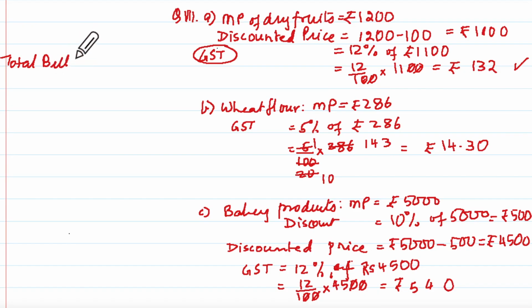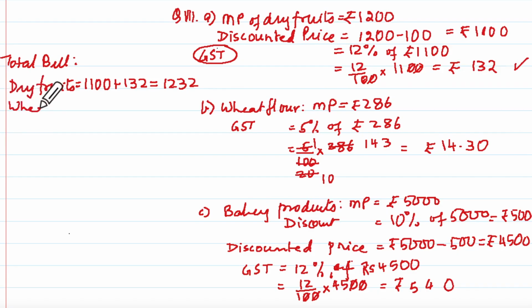Total bill, and then you'll say dry fruits equal to here 1100 plus 132, which is equal to 1232. Then you'll have the wheat flour will be equal to 286 plus